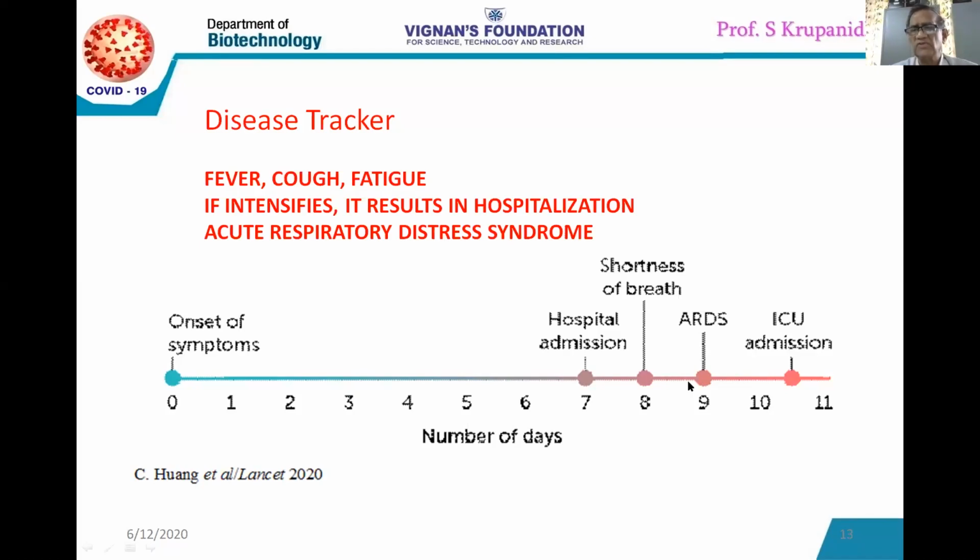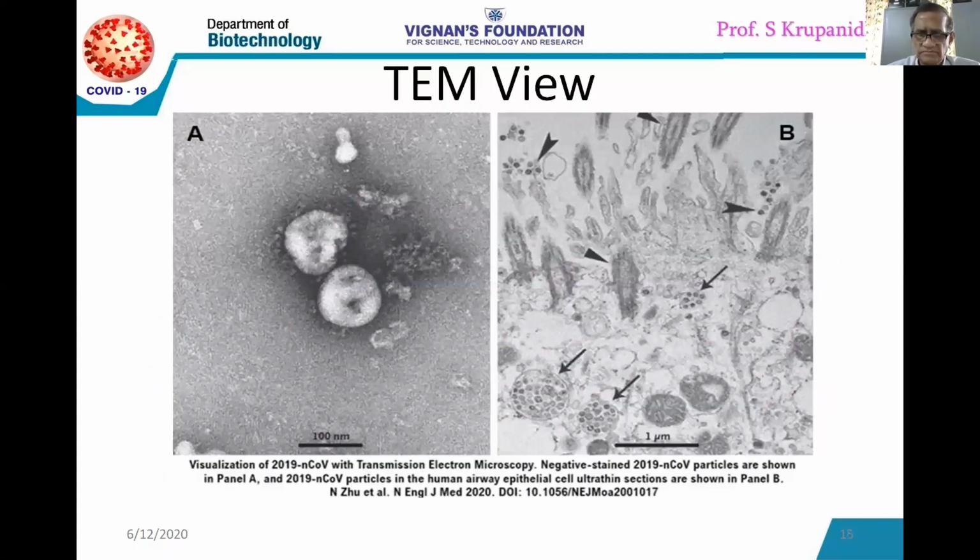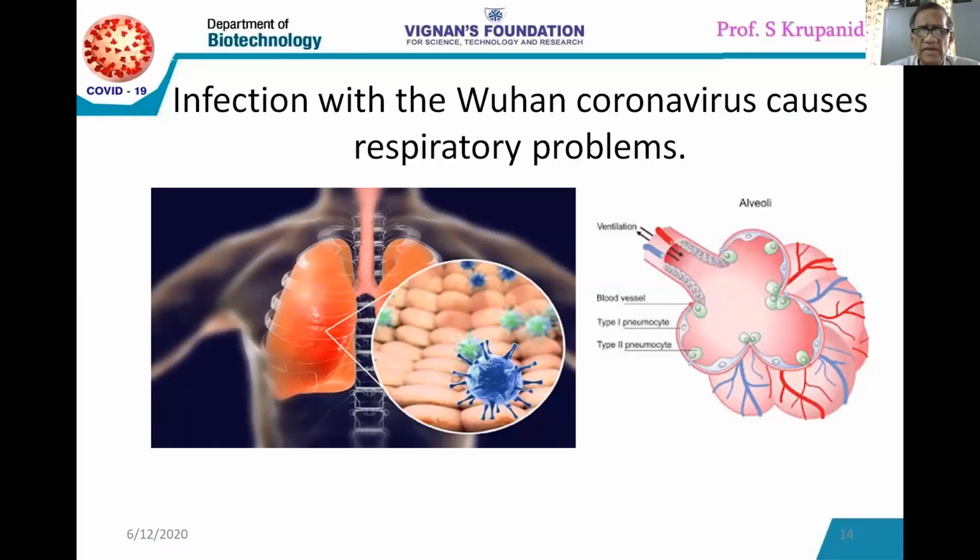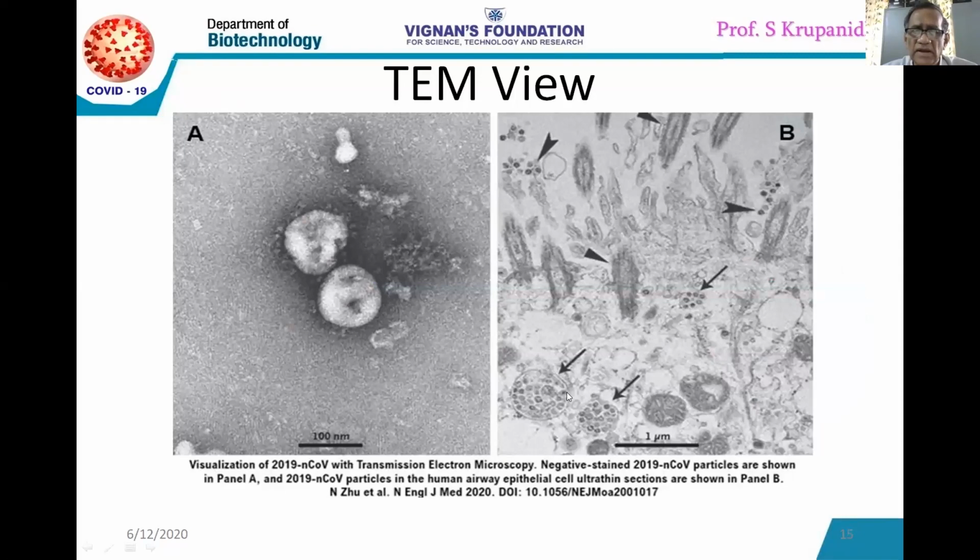Not only this, there is also a diarrheal problem with this coronavirus. It need not necessarily be shortness of breath. If they are feeling anything related to diarrhea, that also may be connected to this coronavirus, and I will let you know the reason why there is diarrhea and why there is shortness of breath next time. So here the infection is in the lung alveolar epithelial cells. Once they get infected, these cells become totally laden with the virus. Like this, it keeps spreading.